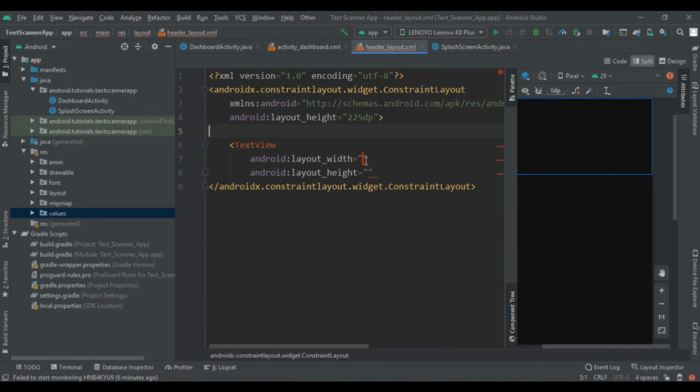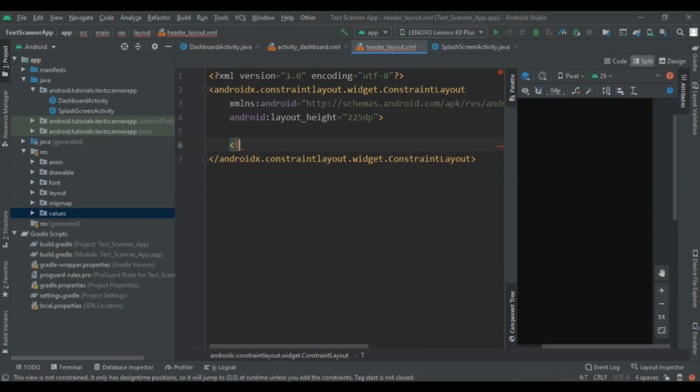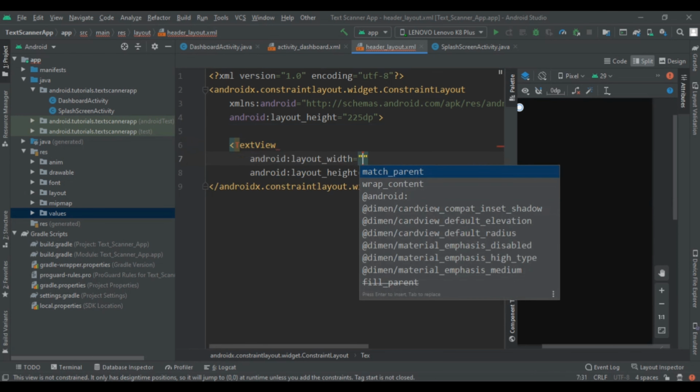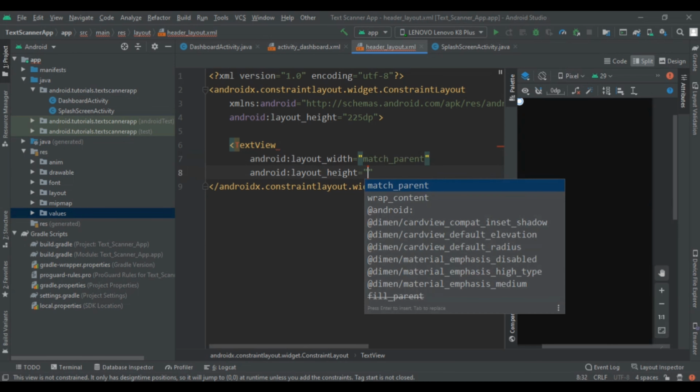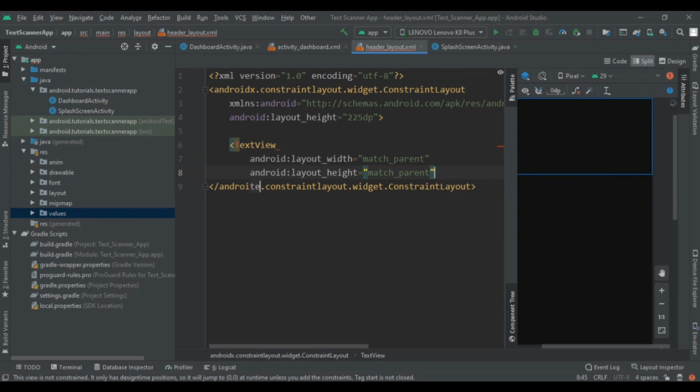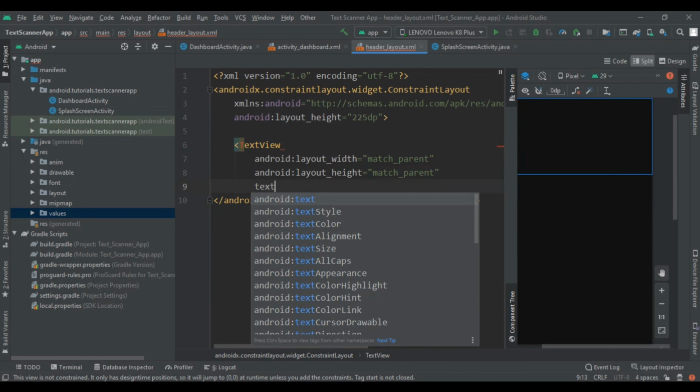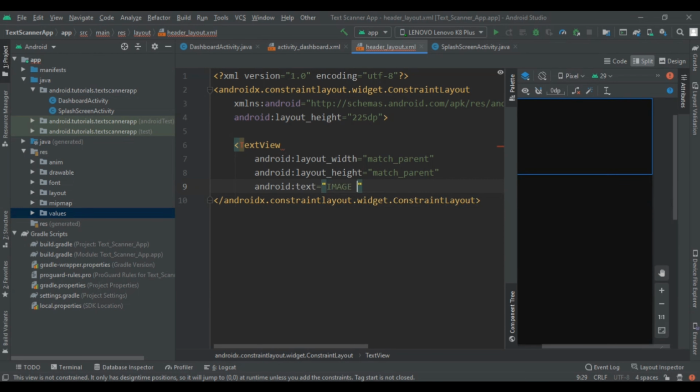Now give its width, so again writing this code, text view, width will be match parent and height also match parent, and give text. The text will be image to text scanner.